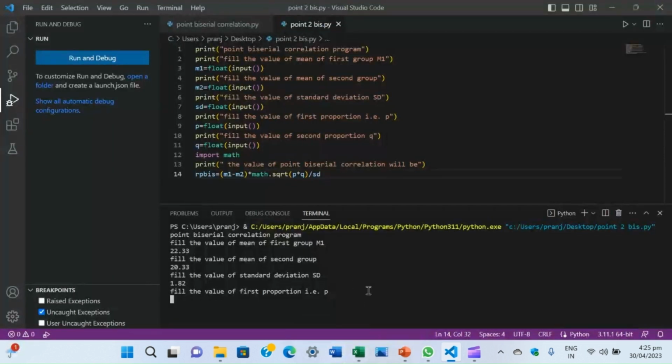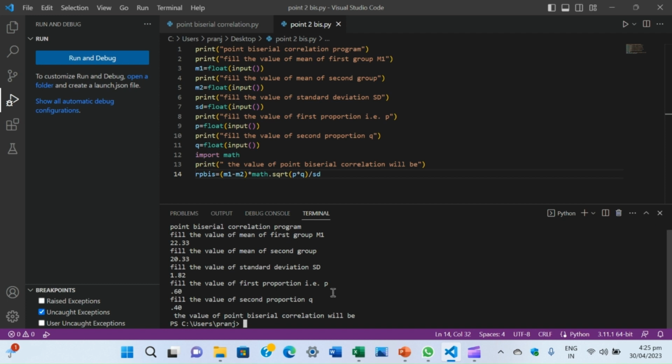For p, we enter 0.60 and enter, fill the value of q, that is 0.40, and all the values which are required for calculating this have been filled, and then we click enter,